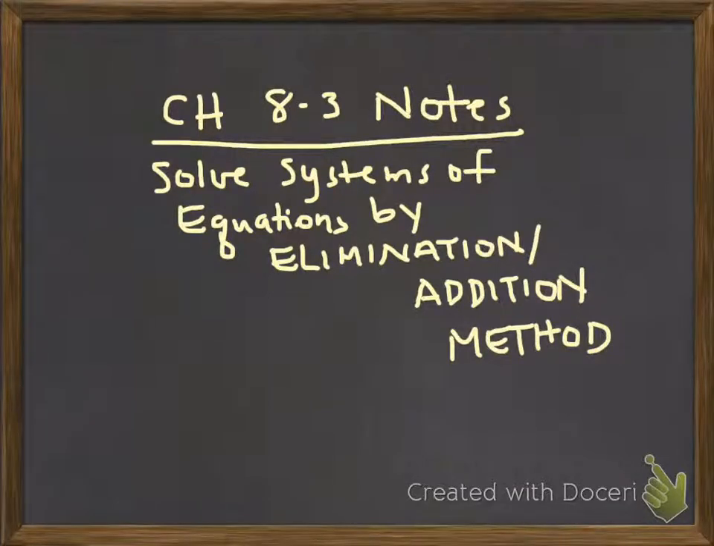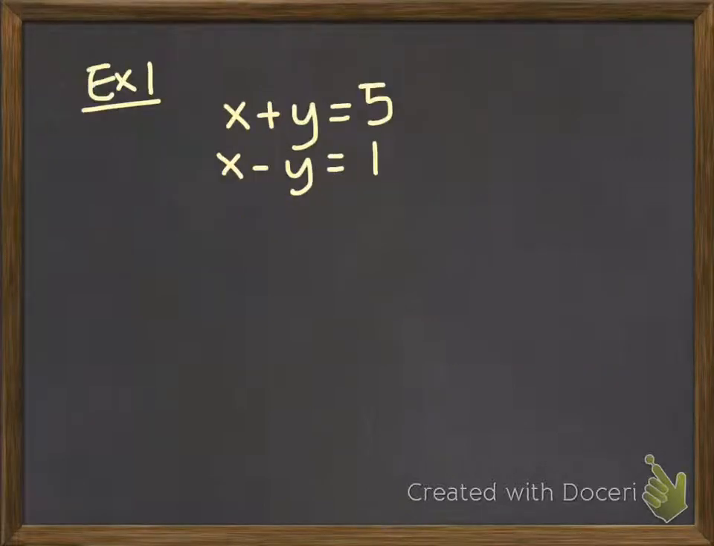Chapter 8-3 notes: solve systems of equations by elimination, or by the addition method, either one. In example 1, the first line is x plus y equals 5, and the second line is x minus y equals 1. If we use the addition method or elimination method, we're going to add going down, and we notice that x plus x is 2x, and positive y and negative y is 0,